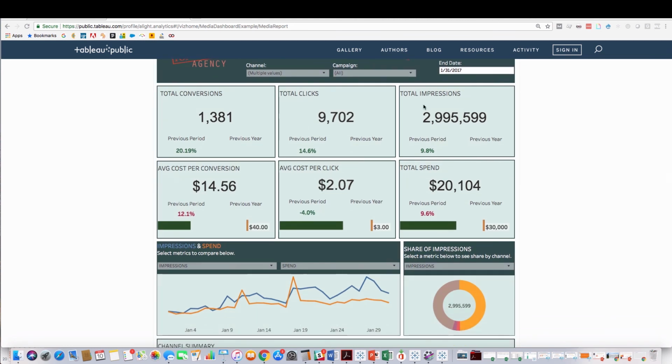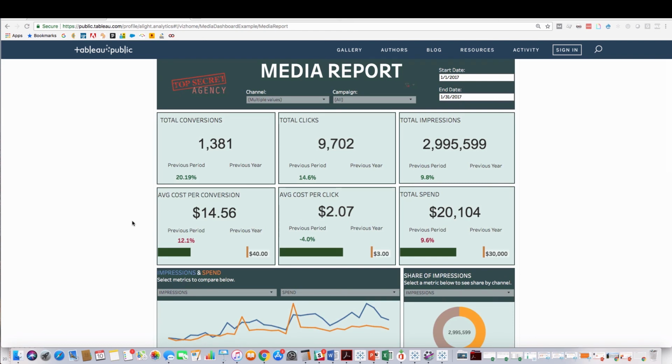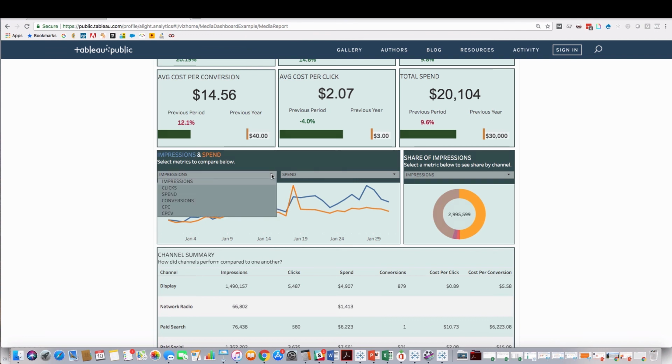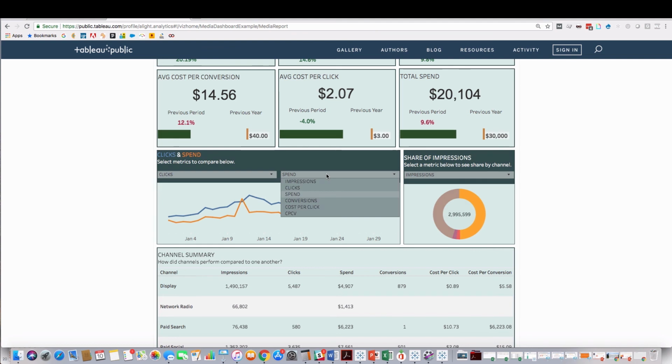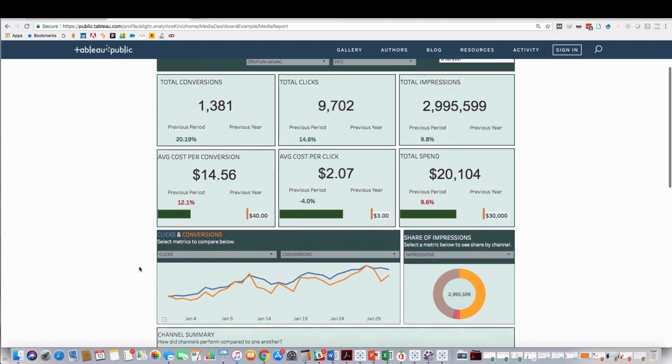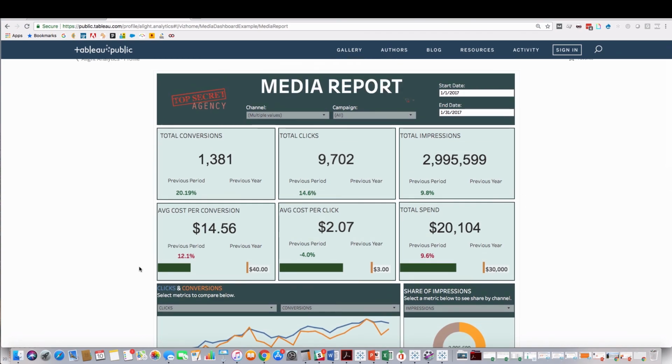In this example, I can quickly show in a dashboard what the total power of the media is over the time period selected, as well as total clicks, total conversions, and I can quickly shift between metrics in something like this, between clicks and spend, or clicks and conversions. And with a visual tool like this, I can quickly help people understand what marketing is doing for the organization. And I can give them the power to sort, pivot, and dig into a lot of the data.